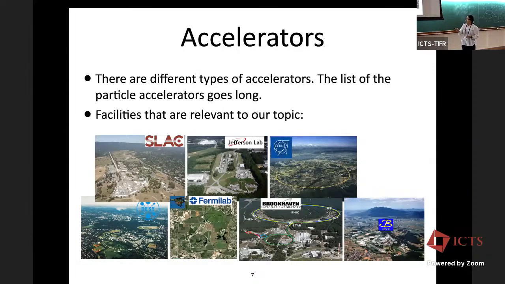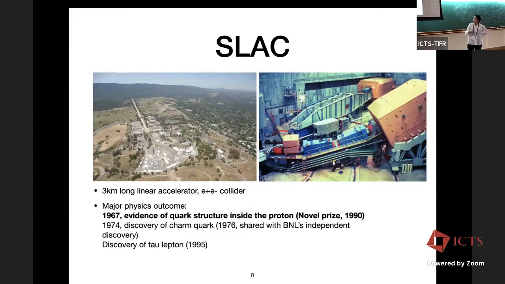One is SLAC, the linear accelerator, and Jefferson Lab, and everybody knows the Large Hadron Collider at CERN, right? And HERA, which we've been talking about a lot throughout the lecture so far, which was the EP collider. Fermilab has the Tevatron and also the fixed target experiments there. And Brookhaven has a PP collider, and then the E plus E minus collider in Japan. So just briefly, I'll introduce how those other accelerators are.